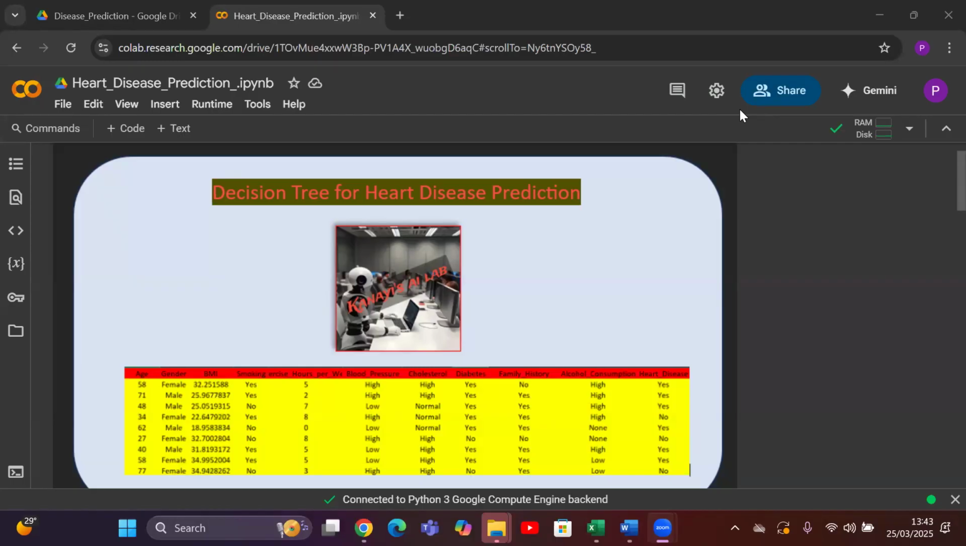Today I'm here with an exciting machine learning demonstration, specifically the decision tree algorithm using Python and the Scikit-learn library. For this walkthrough, I'll be coding on Google Colab, a free and powerful platform that's perfect for running Python code in the cloud. We will dive into building a decision tree model that predicts heart disease based on various health